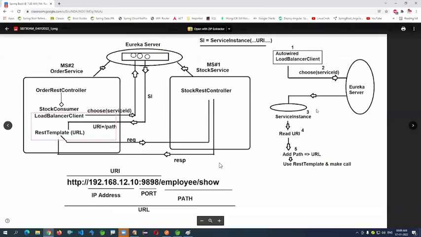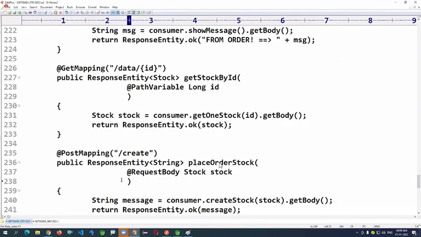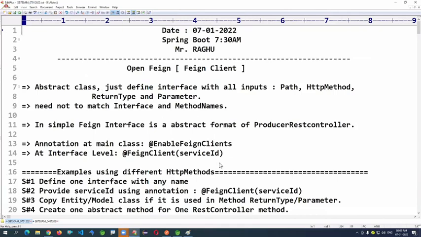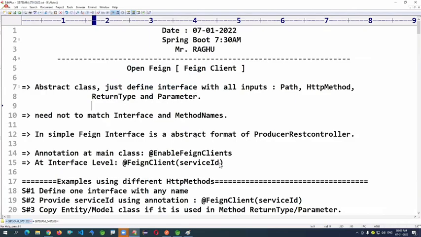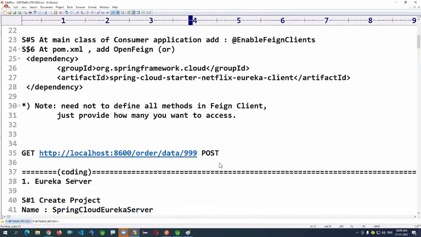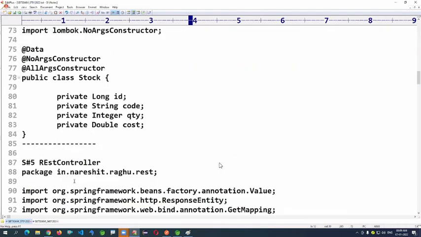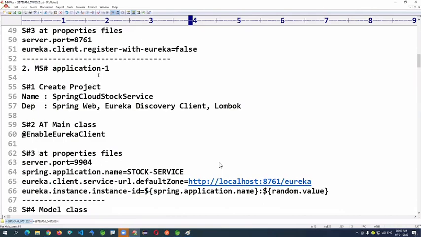This code is generated when you use Feign client. We are using Feign client; you just define the interface, and the code is generated at runtime. This is the full coding I shared here. You can work on the same.